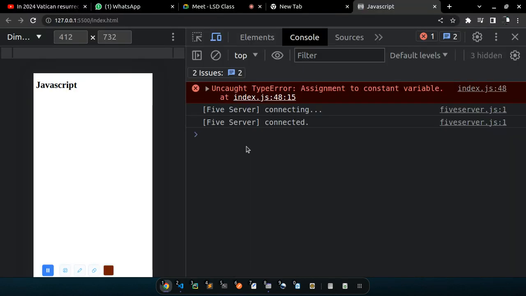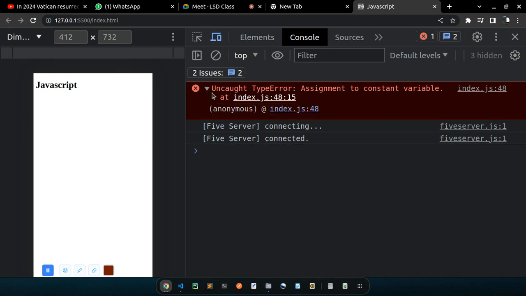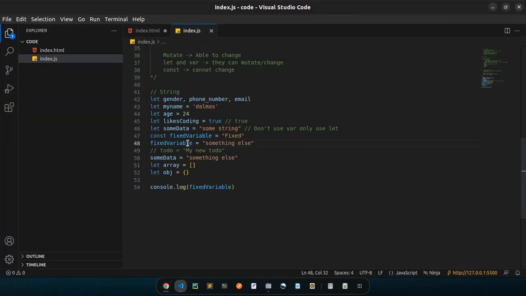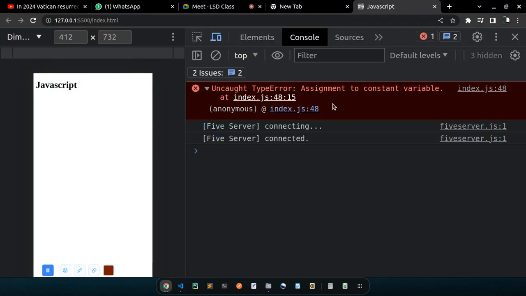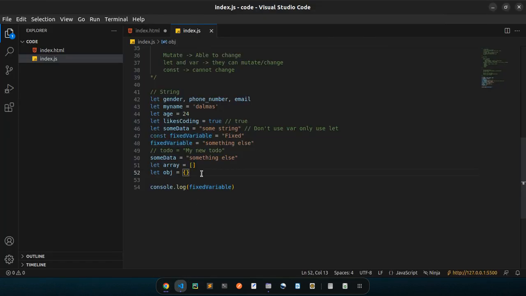Save. If I come to the browser, you might notice something weird or an error. It's not a weird thing, it's an error. So it's saying type error, assignment to constant variable. What does that mean? If you try to update a constant variable, an error is thrown to you saying you are trying to assign something constant. Let's say what we all know, for example, is called pi. This is